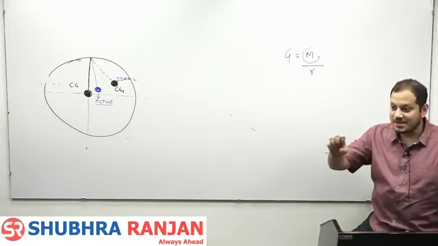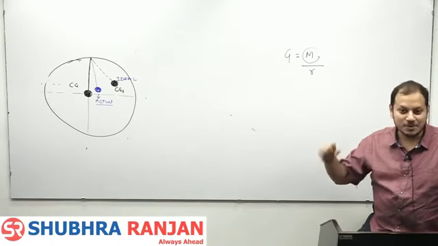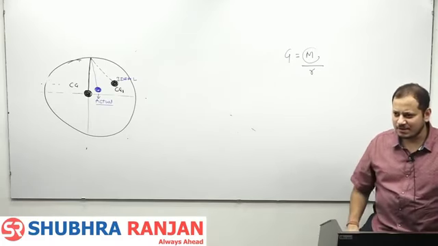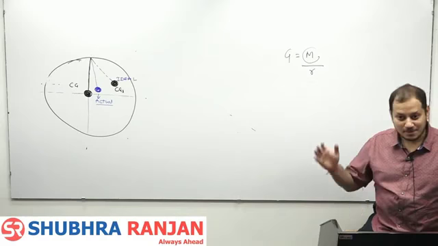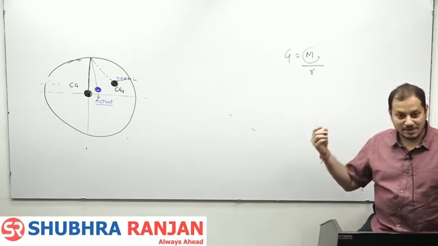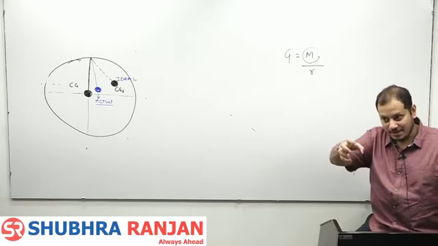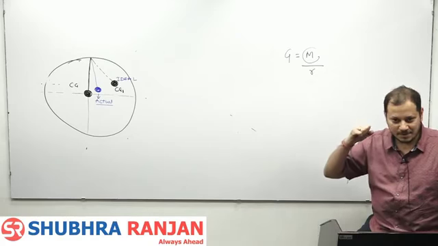Why is the deflection less? Why could the Himalayas not pull the plumb bob, the instrument, towards itself? Because from the outside the Himalayas looked very big, but inside they did not have that much density. They did not have that much mass and density that they could impact gravity.